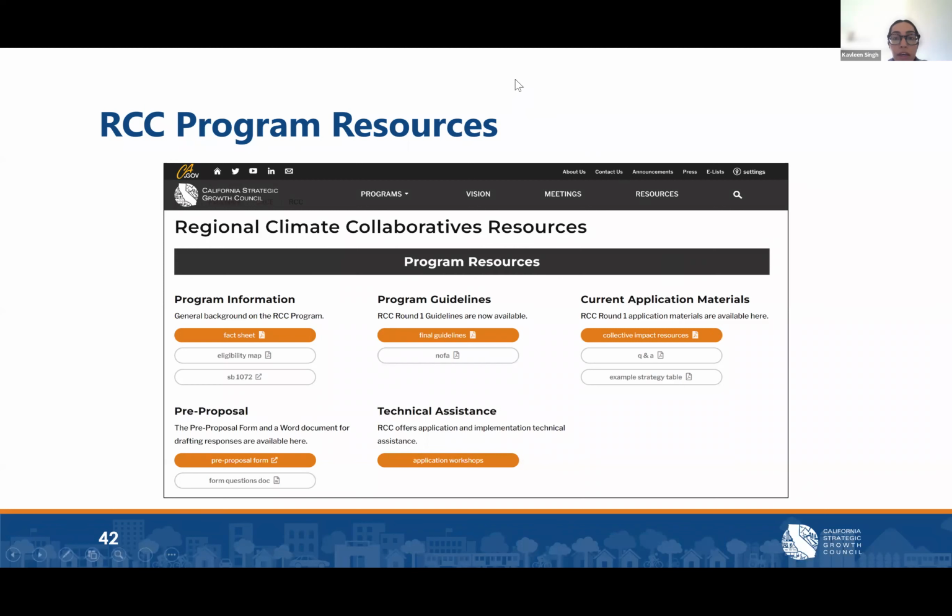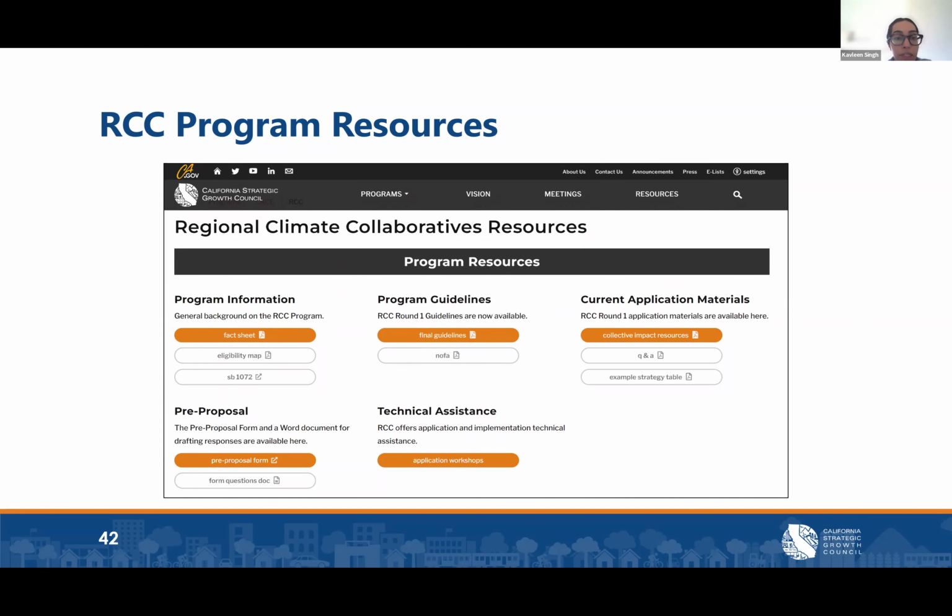So here's a screenshot of the resources page that I dropped the link in the chat to. And this page is the hub for all RCC application materials and resources, including the guidelines and the notice of funding availability, in addition to the pre-proposal form and the pre-proposal Word document accompanying the form.